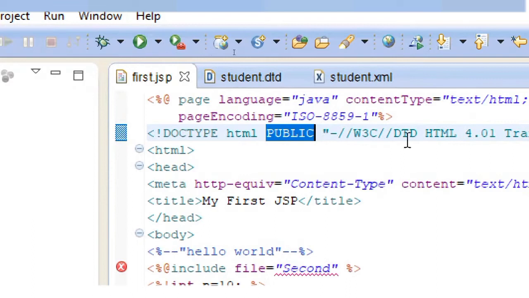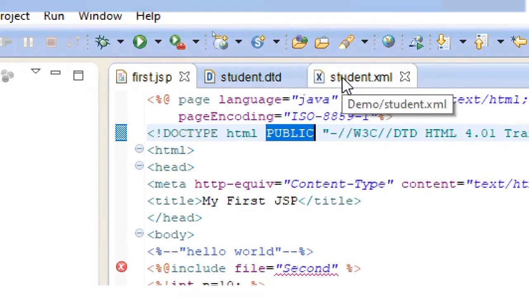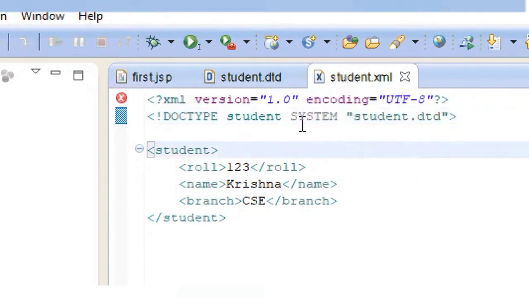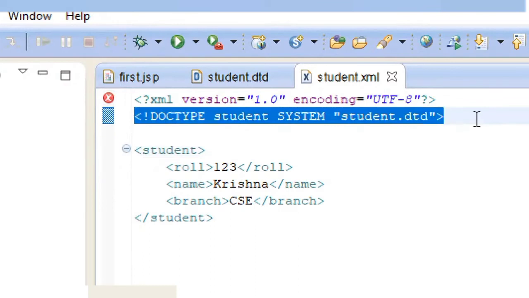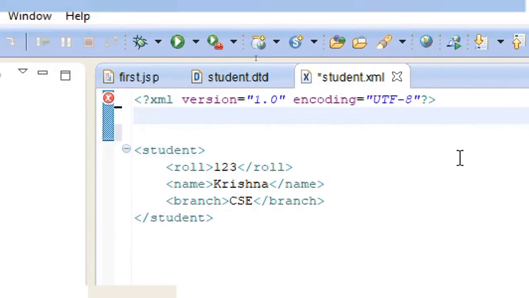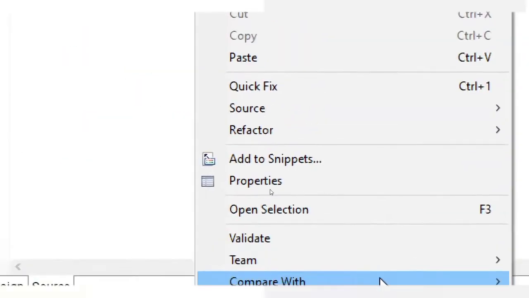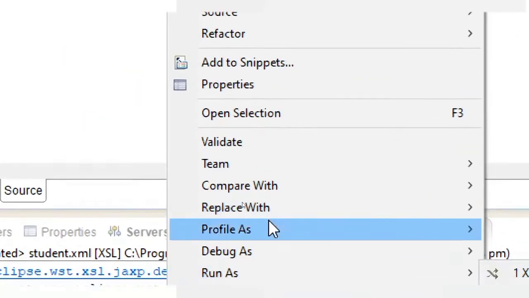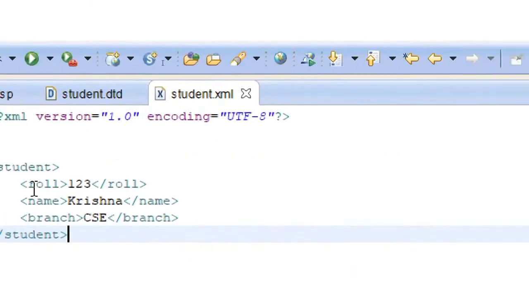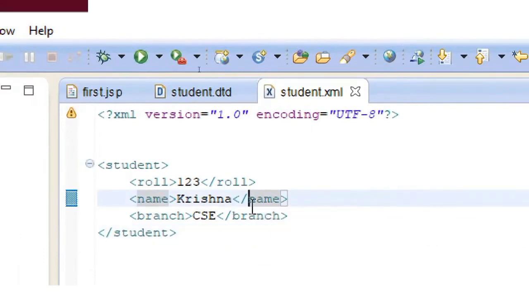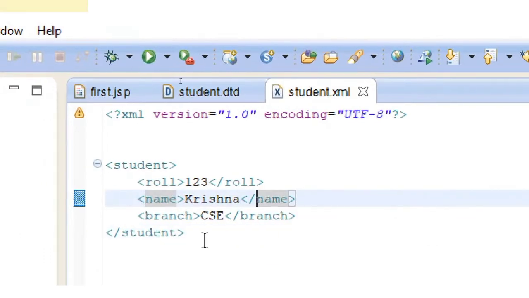Within double quotes we will specify. Okay, so this is how you will be creating the